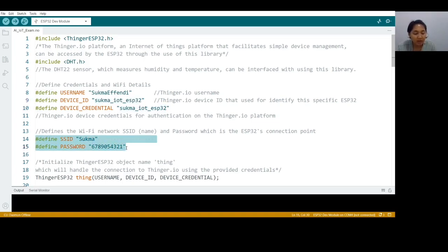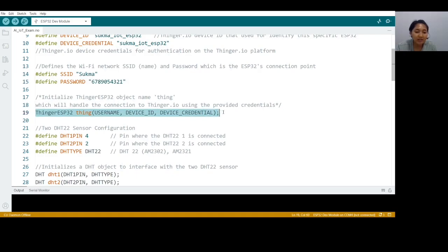And this part defines the Wi-Fi network SSID name and Wi-Fi password, which is the ESP connection point. And then in this line, we initialize our ESP32 object, named using thing, which will handle the connection to Thinger.io using the